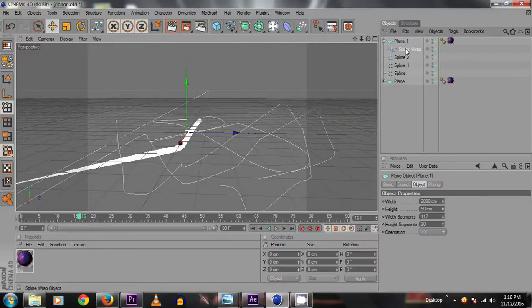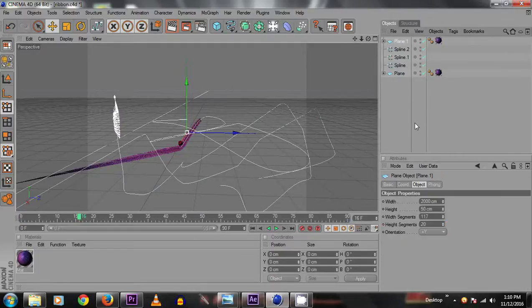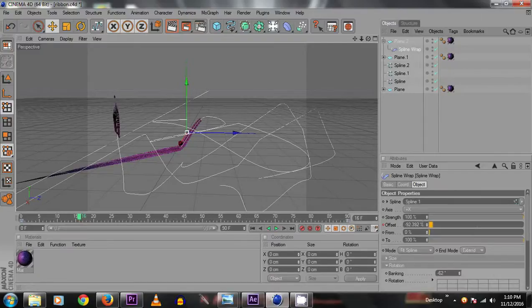Click the spline warp and drag the spline 1 to the spline. Repeat the same procedure. Click the plane 1, Control C, Control V, then click the spline warp and drag the spline 2 to the spline tab.